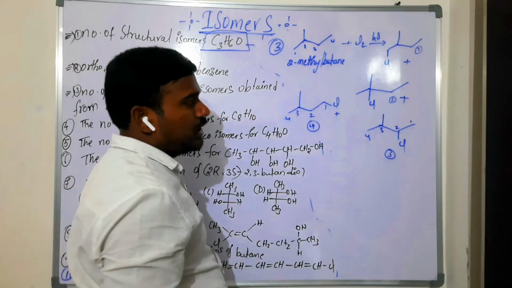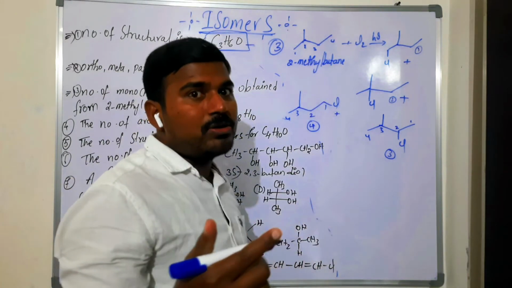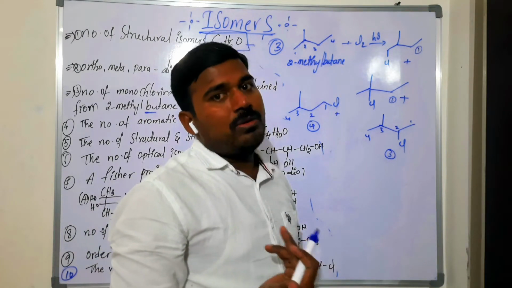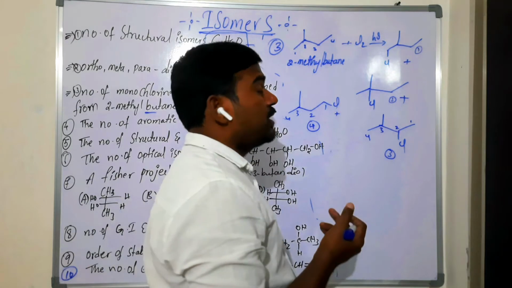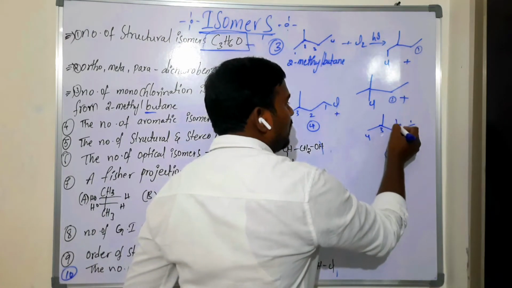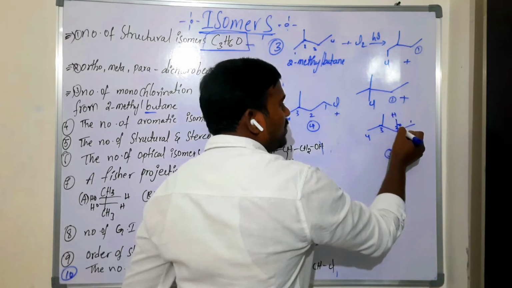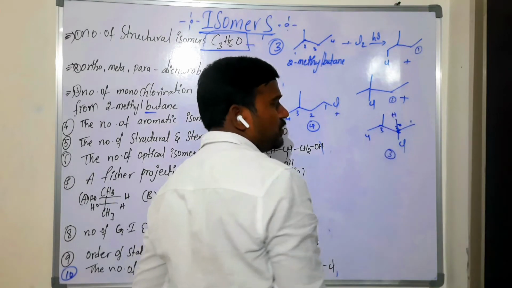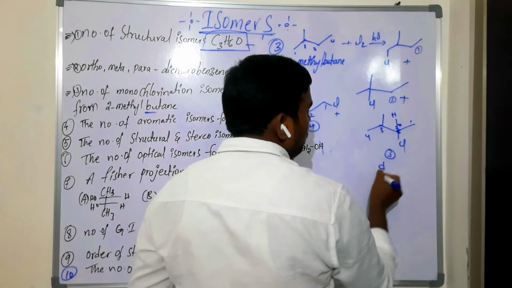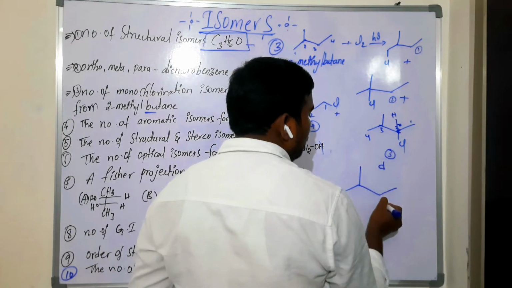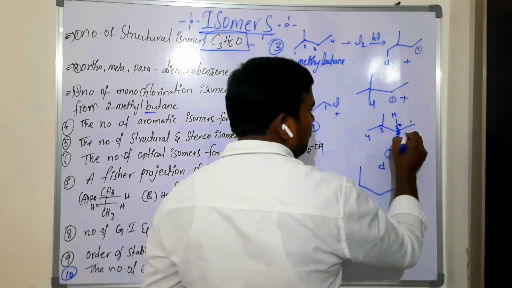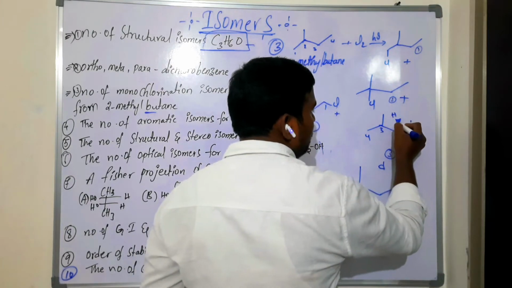These are structural isomers. What about stereoisomers? For stereoisomerism, is it having a double bond? No, there is no restriction of bond, but it has an optically active carbon. You see this carbon is optically active, bonded with 4 different groups, so it is a chiral carbon. Now it is the D isomer. Next, you take the L isomer. For example, here the chlorine is bonded with a dotted line and the hydrogen is on the thick line.